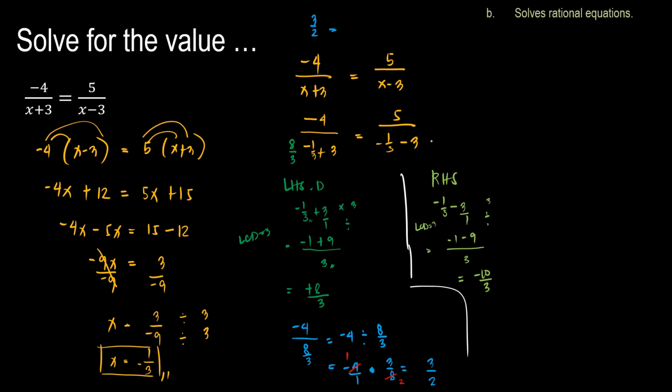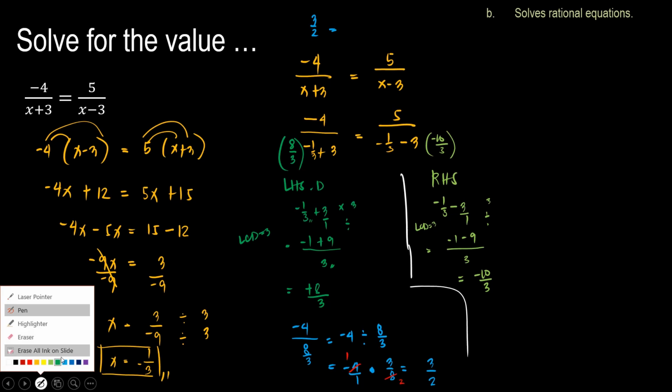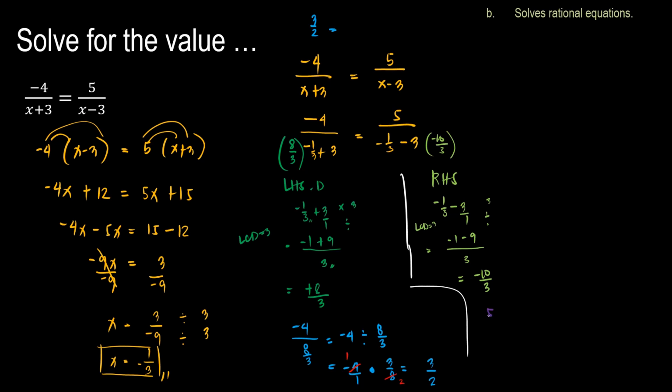Alam natin na this one is negative 10 all over 3. Okay, lagyan ko lang ng parenthesis yung isa class. Okay, this one. Next, let's simplify it. Let me choose other color. Okay, so alam natin na 5 all over negative 10 over 3. Para mas mabilis natin yan mag-gets class, gagantuhin na natin. 5 divided by negative 10 over 3. Ang rule natin sa divisor is reciprocal. So, 5 over 1, 3 over 10. Since na reciprocal na, i-reciprocal na rin yung operation. So, kung mapapansin nyo dyan, class,